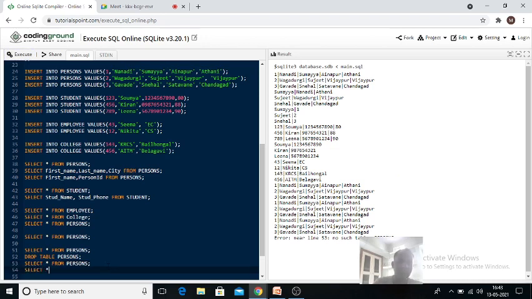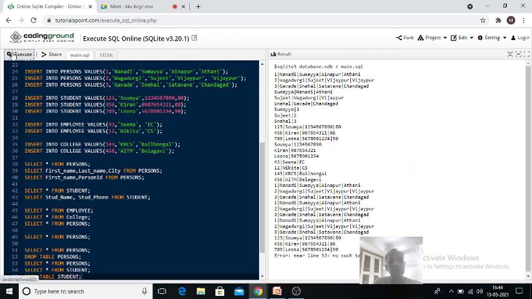Similarly, select star from student. Then execute it. Sumaya, Kiran, Leena, all of them are displayed now. Got it? Now I will drop table student.